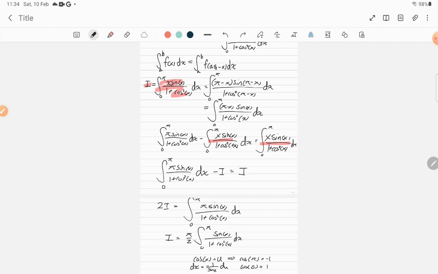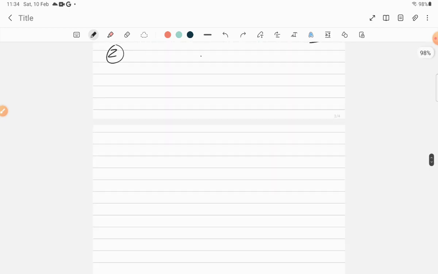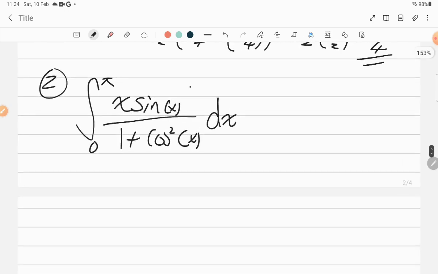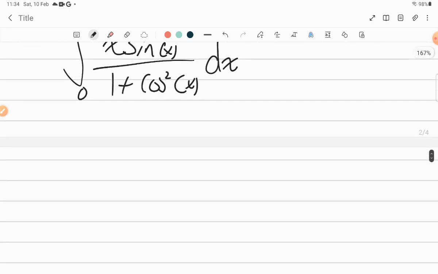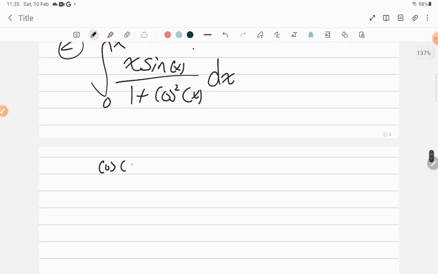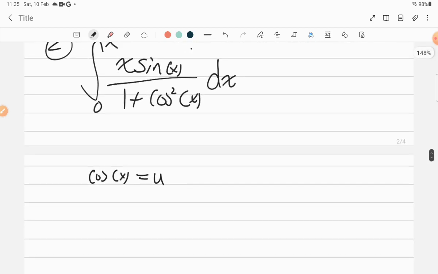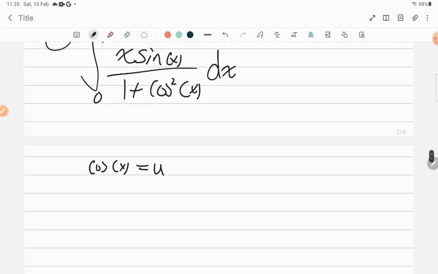So the integral from pi to 0 of x sine of x over 1 plus cosine squared of x dx. Okay, this is what we want to solve. So we make the trig substitution cosine of x equal to u. It's kind of similar to the previous one. Cosine of x equals u, and we saw that this will give